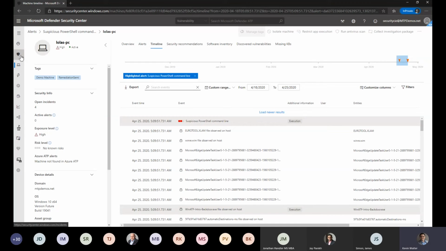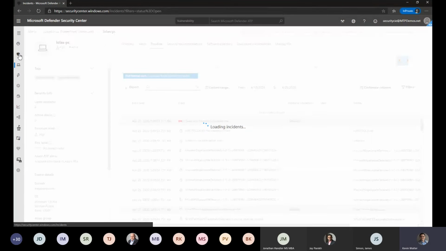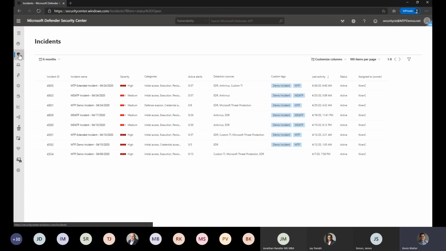Now, each of those alerts also get correlated into incidents. Think of incidents as a force multiplier for when you consume information, because there was a whole bunch of alerts, but the system has automatically pulled those together based on similar characteristics. This is more inclined to align with how attackers are running down the kill chain. So they're not going to stop at just running that suspicious PowerShell command, but if they get access to the